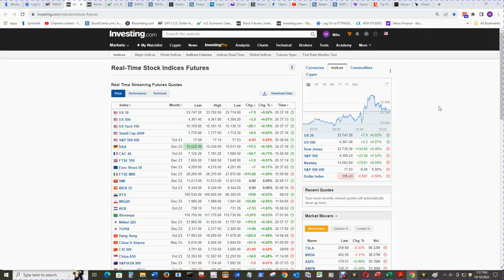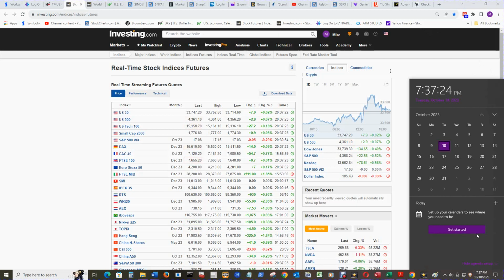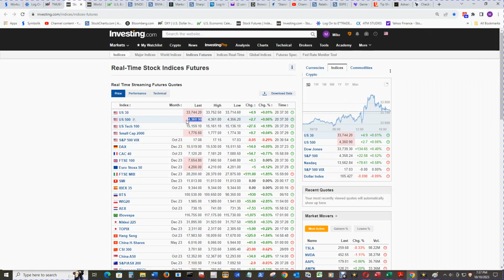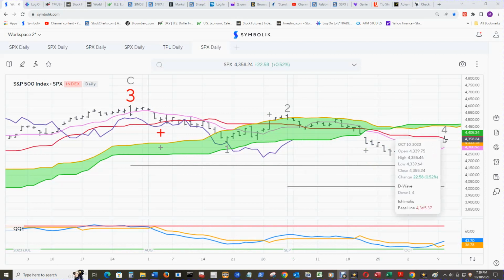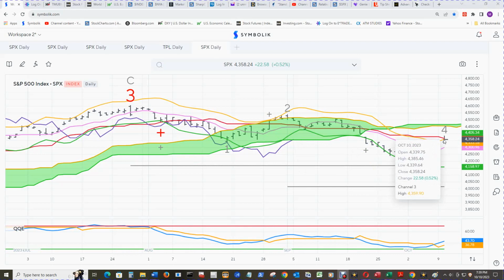Price in the aftermarket hours for the S&P 500 at 7:37 p.m. Central Time on the 10th is 43.61, and that makes the bottom of the cloud 26 bars back a gray area, which is plus or minus 10 points from current price. The daily baseline is a gray area at 43.65.37 for current price. The channel 3 high is a gray area at 43.59,